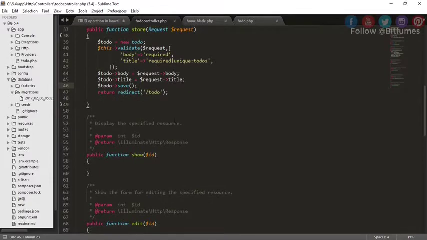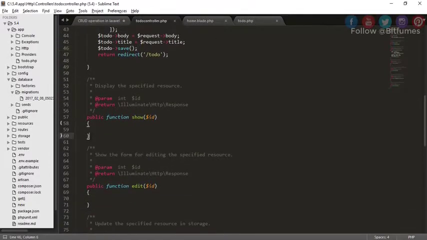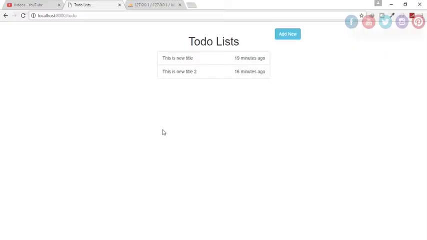For that, here you can see that we have generated the resource controller, and the resource controller has given us this function, that means the show function. Our goal in this episode is that we want to click here and show the title and body together in a separate page. Okay, so how will we do that?